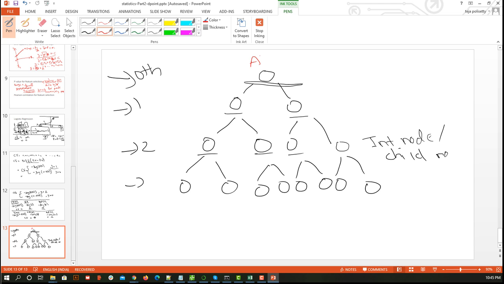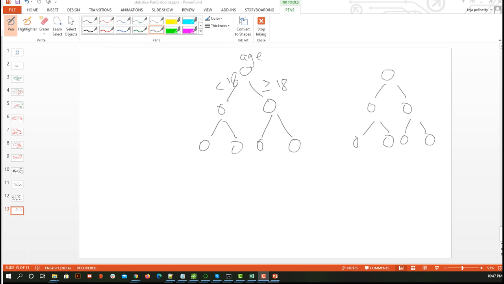So if it is age, we are saying if it is greater than 18, I am going to go this side. If it is less than or equal to 18, I am going to go this side. But what if it is weather? Weather is a categorical value. So for weather, if it is value 1, I am going to go this side. If it is value 2, I am going to go this side. If weather has 3 values, if it is V1, I go to this; if V2, I go to this; if V3, I go to this.